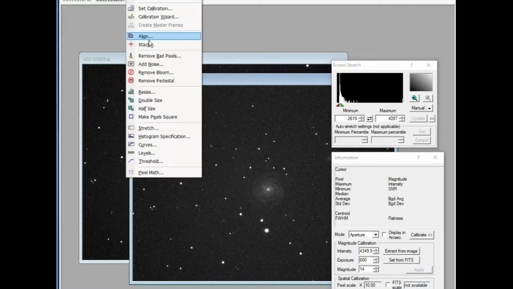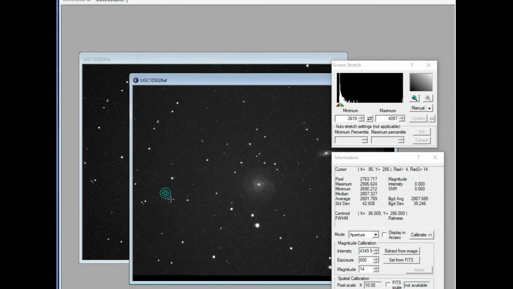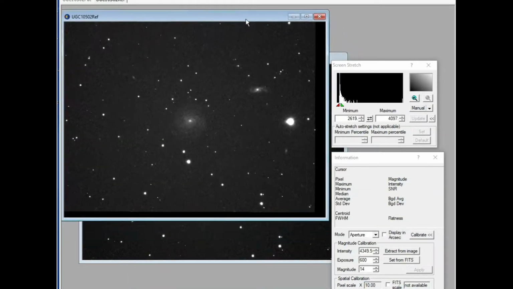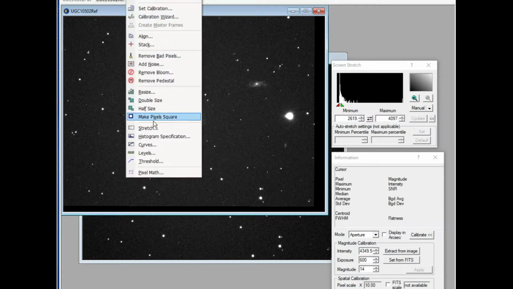We go align and do that, and what that does is it takes his image. I think it's taken the ref, or I can't remember which one it's done, but it's moved one of them. So you can see there's a dark border around the side there. You then go to process, pixel math